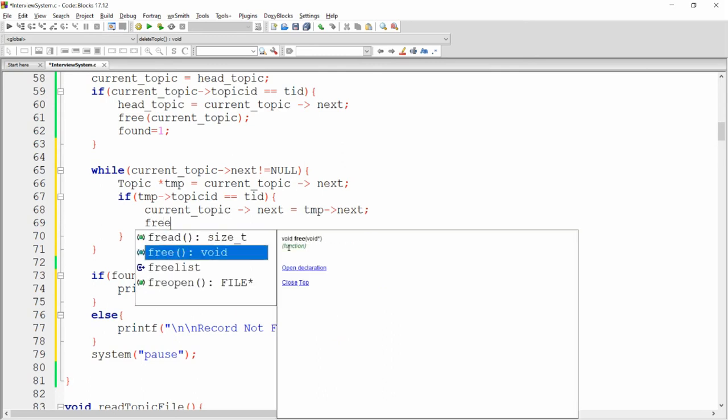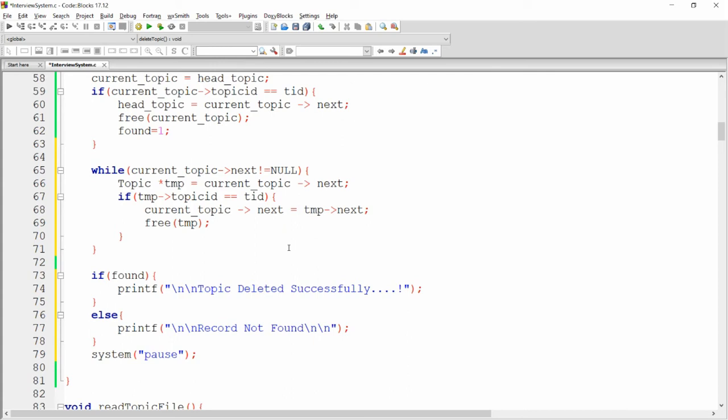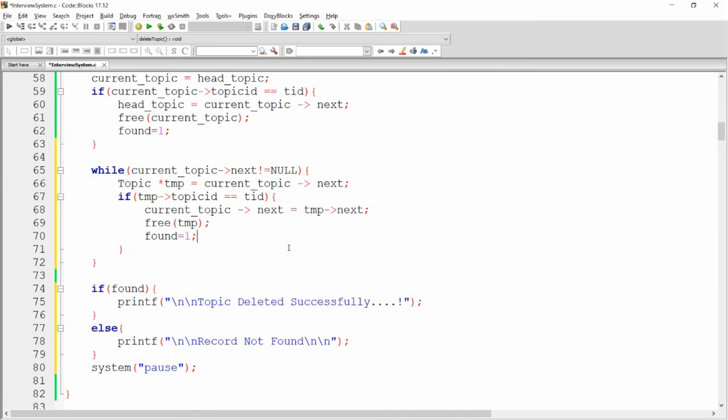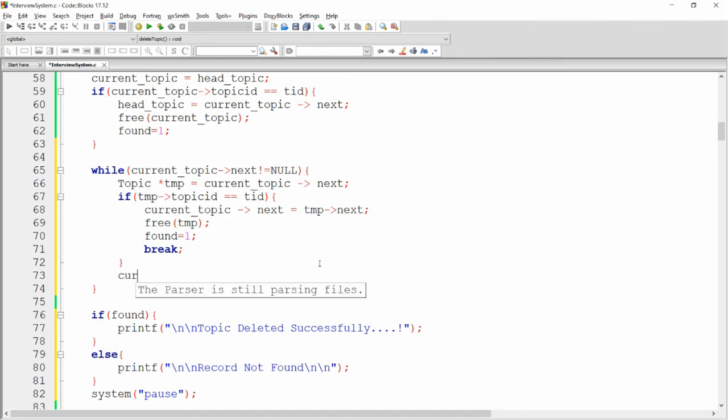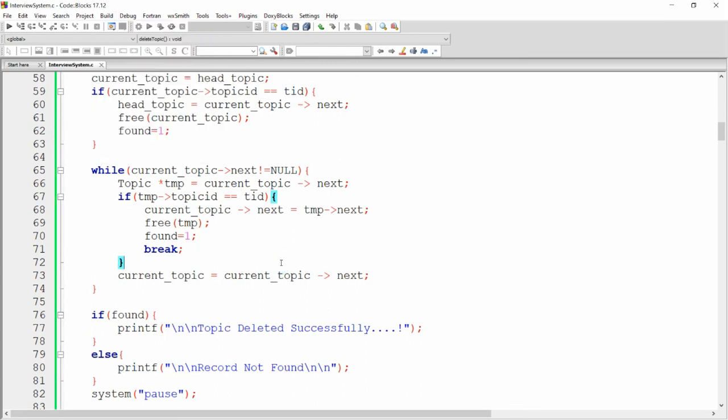You can simply write free temporary, set found equal to 1, and break the loop. After that we need to write current topic equal to current topic dot next, so this loop will continue. If the topic ID matches, I'm skipping the temp node. You can simply save this and build and run.